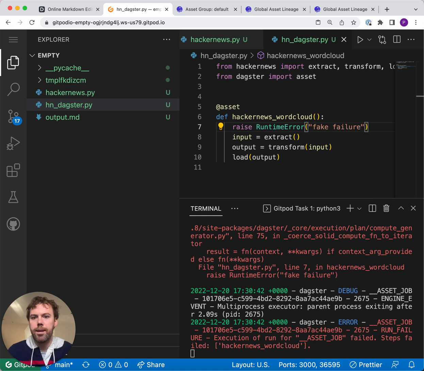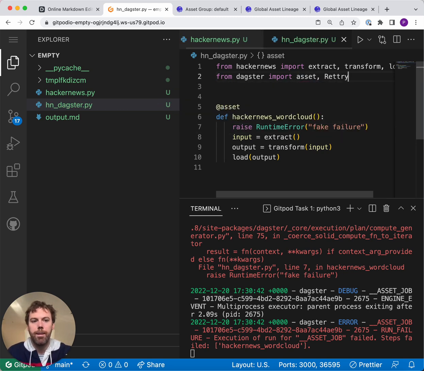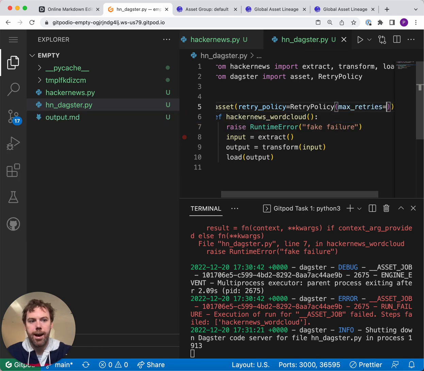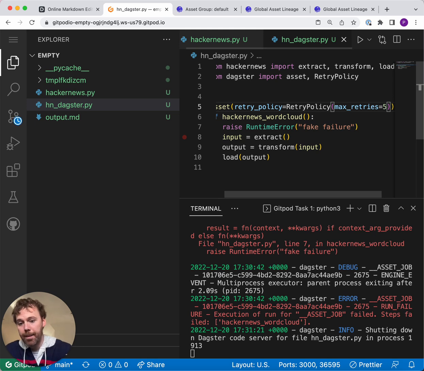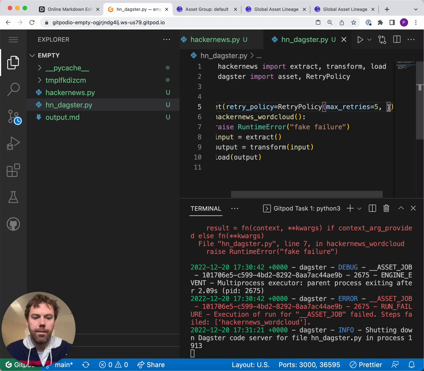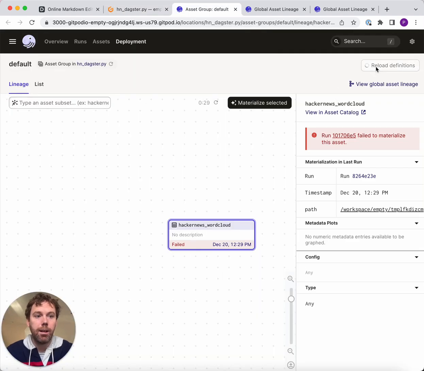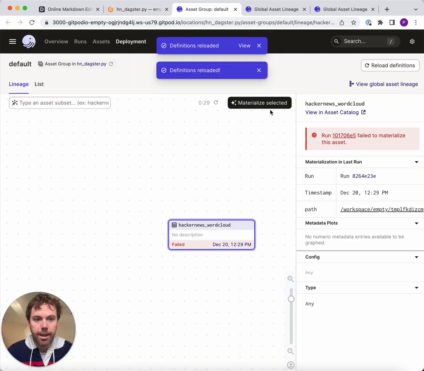Dagster offers a number of capabilities to make your pipelines more robust, and one of the most important ones is called retry policies. So I can import RetryPolicy, and I can say my retry policy is going to be max retries 5. So we're telling Dagster, when my pipeline fails, retry it up to 5 times, and then wait 5 seconds in between each retry. If I were to then reload these definitions, and then I hit materialize,